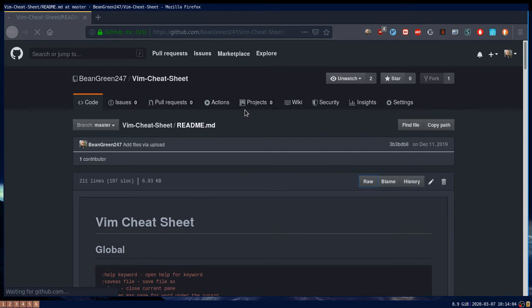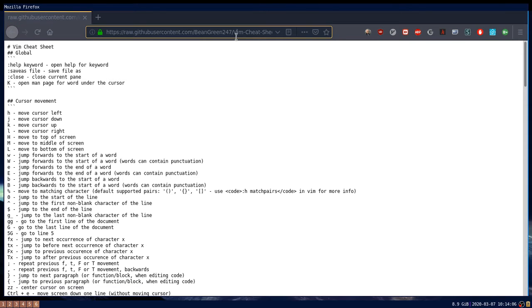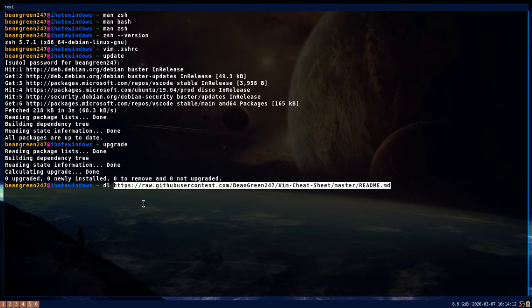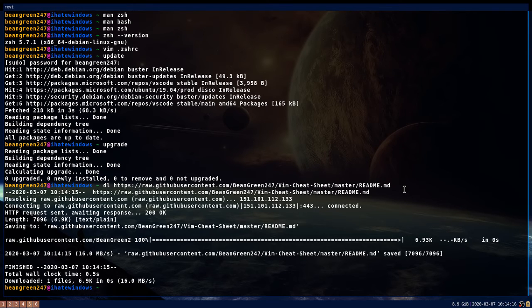So we're going to go to raw, and we're going to copy this link, and we're going to paste it in, and watch what happens if I run this. It downloads it and saves the file, and says the time, amount of files downloaded, what type of file, and I just have to type in DL and it does that automatically. So we open up the